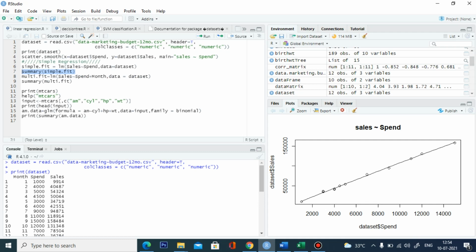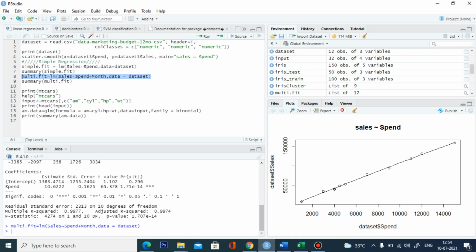The second one is the multi-fit. We are creating the same linear regression model, but here we are using two predictor variables: one is spend, another one is month. So based on spend and month, we see how sales is going to change.